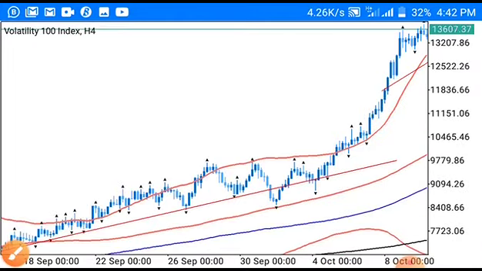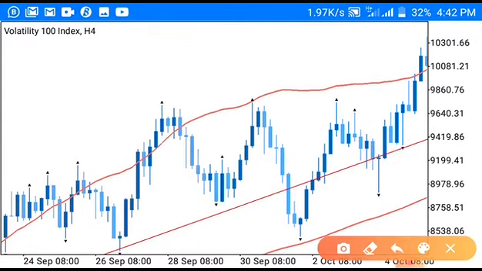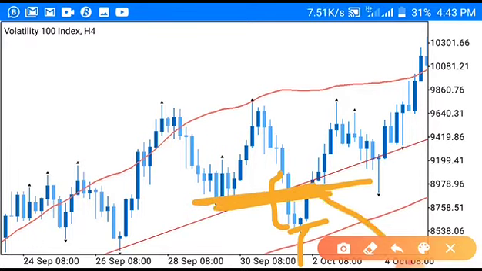Some people are already anticipating reversal, and the moment this thing broke this trend line, you can see this candle. Look at this candle. It broke and retested with this small candle. It retested and continued going down, and a lot of people will just sell, and it came back around there. Some people will still put their stop around there, hoping that this is just coming here to retest this resistance level and continue going down. But guess what really happened? What really happened is that the market kept